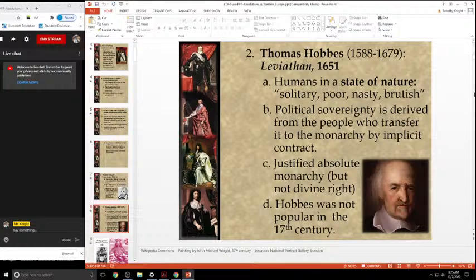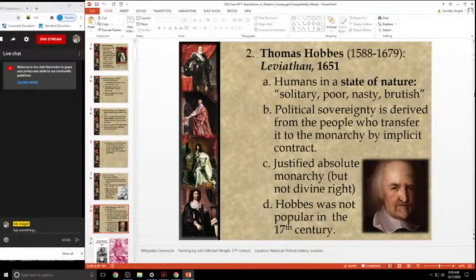Basically what he's coming up with is this idea of something called a social contract, and that's a term that is going to come up again and again and again in our lecture, this unit, because there are various different versions of the social contract, okay? And in Thomas Hobbes's version of the social contract, he basically says that the social contract between people and government is that people will